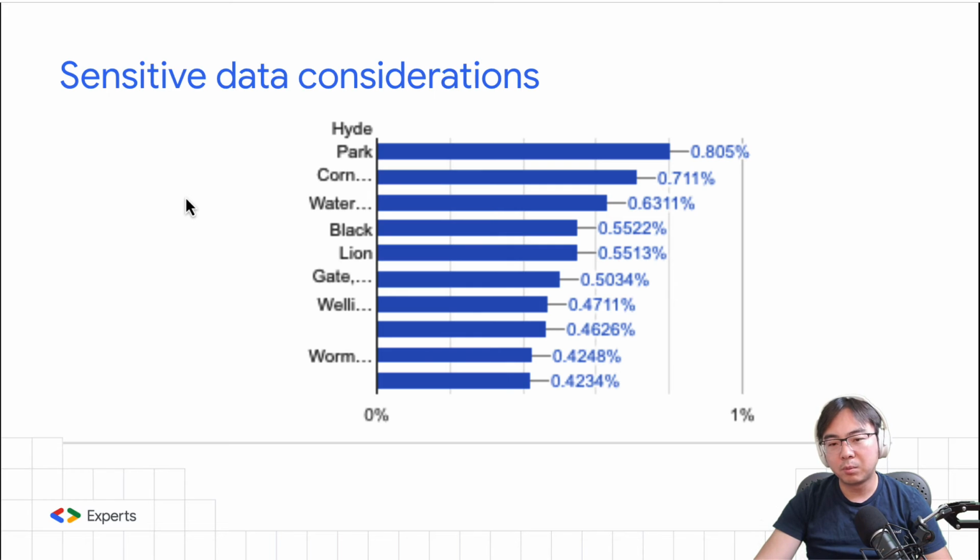Okay, so one thing you probably want to think about is sensitive data considerations. You can see this is one of the data profiling scans, and I think this is the name of the bike station, right? Imagine this is probably your customer's first name, last name, date of birth, and all of this stuff. In the data profiling, you have an option to exclude or only select certain columns that